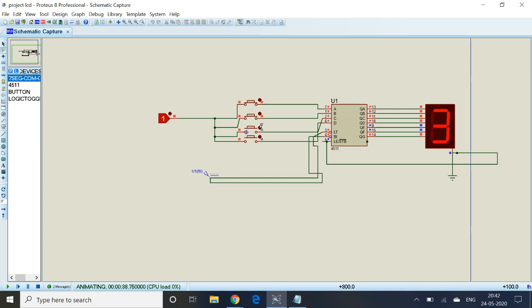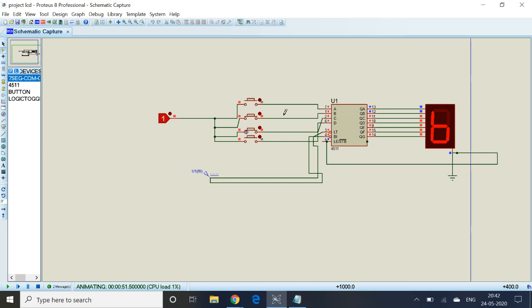If C is high and A and B are low, then it will display 4. If A and C are high, then it will display 5. If B and C are high, then it will display 6.